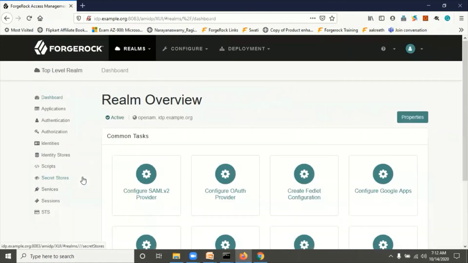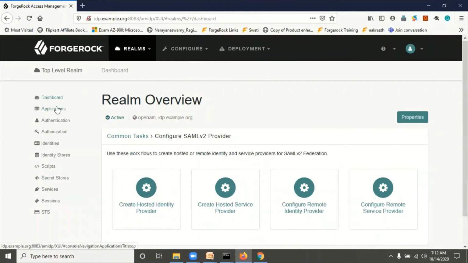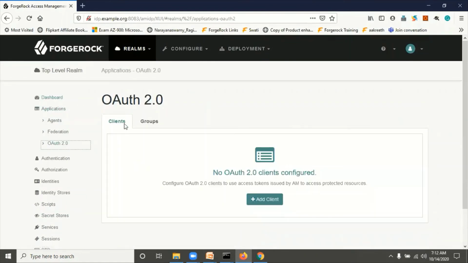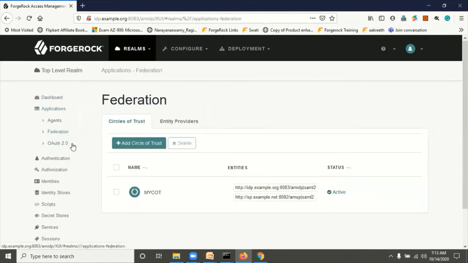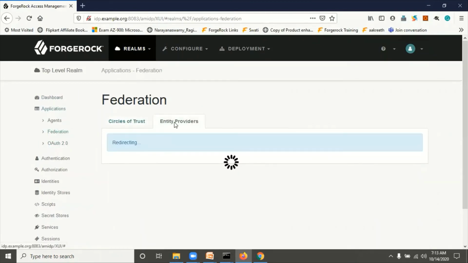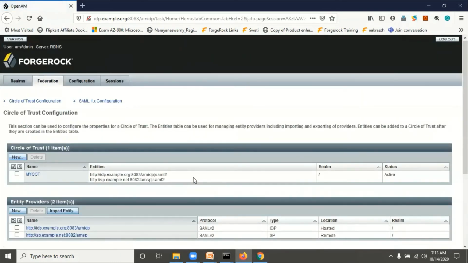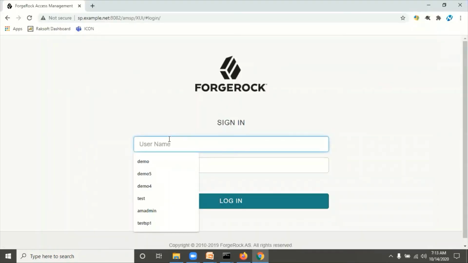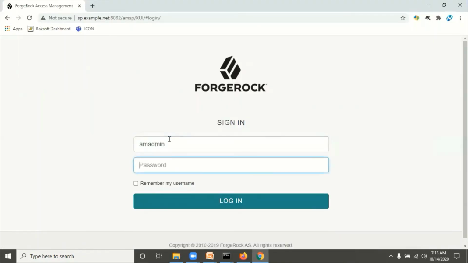Go to the top level realm. Here we have already done the SAML2 configuration in the previous video, so I will show you what we have already done. Go to Applications, Federation. Here we have already exported and imported the SAML metadata of the SP into the IDP, and the same way the IDP metadata was imported into the SP. You can also log in to the SP application and see the details.